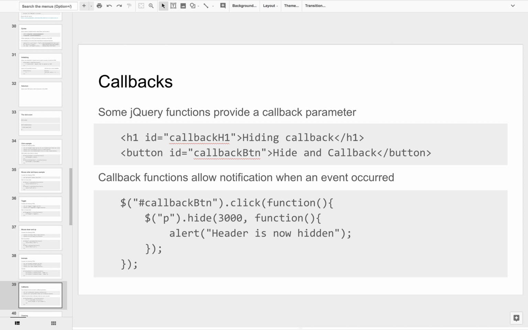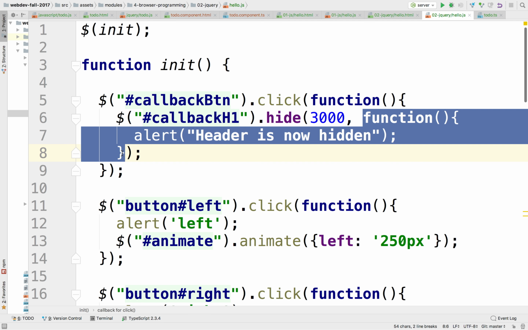Here we're saying in the JavaScript we're going to grab the h1, and we're going to hide it in 3 seconds. And once it's done, it's going to notify us by calling this anonymous function that we're giving it.